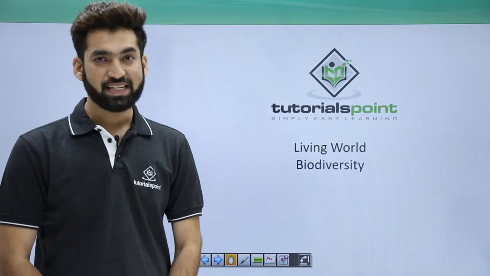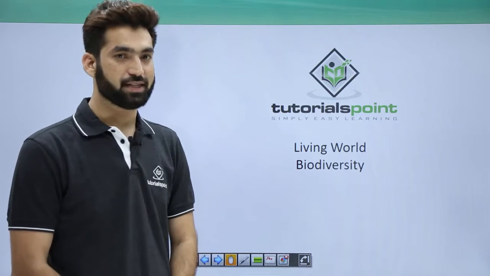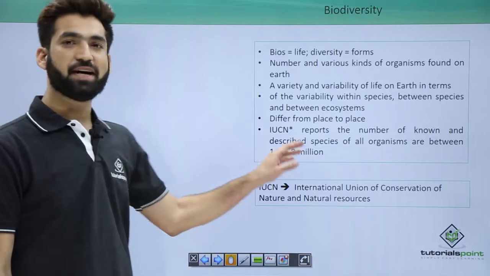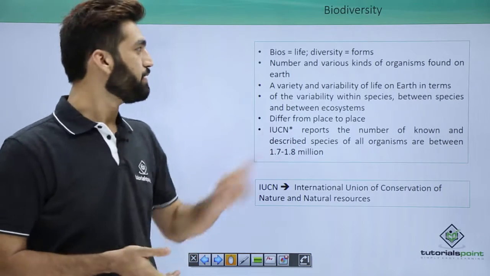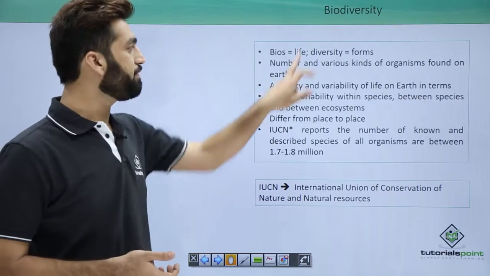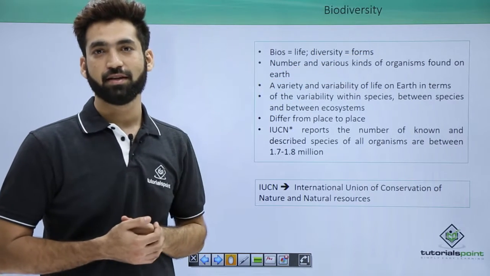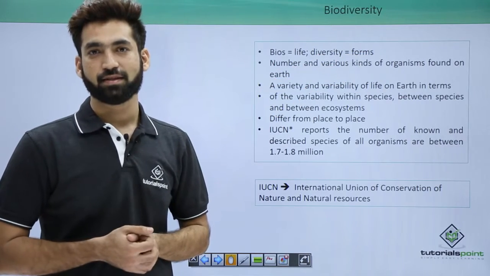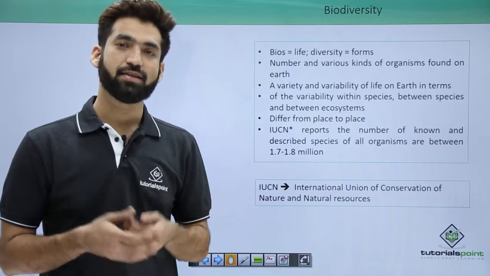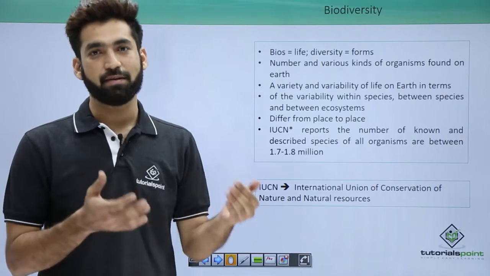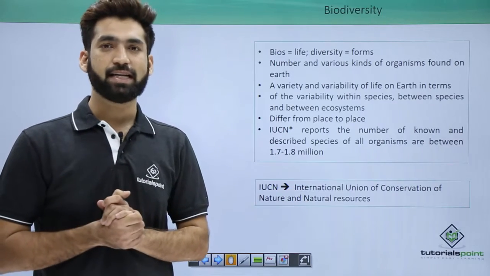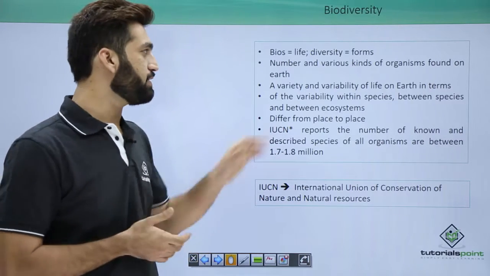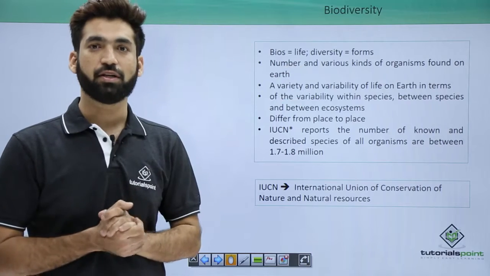In this session, we'll be basically discussing biodiversity. Now, when you talk about the biodiversity term, it means diversification among the livings. Bio stands for life and diversity stands for forms. So, life has different forms. It can be in the form of microorganisms, it can be in the form of plants, it can be in the form of animals. Now, there are various varieties and diversities among these living organisms, so we need to understand that particular